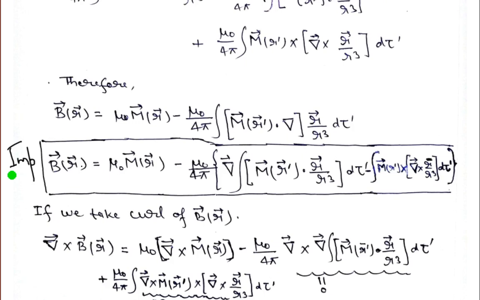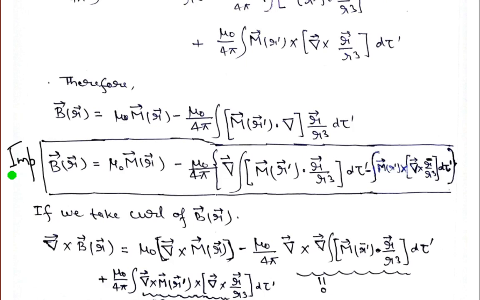Ampere's law now inside a material. What we have learned was Ampere's law in a vacuum, in free space. But now, because this magnetic field corresponds to the matter, if you take the curl of this magnetic field, that will give Ampere's law in matter. So del cross B, which is a function of r, is equal to mu 0 del cross M, minus mu 0, and if you open the bracket, minus mu 0 upon 4 pi